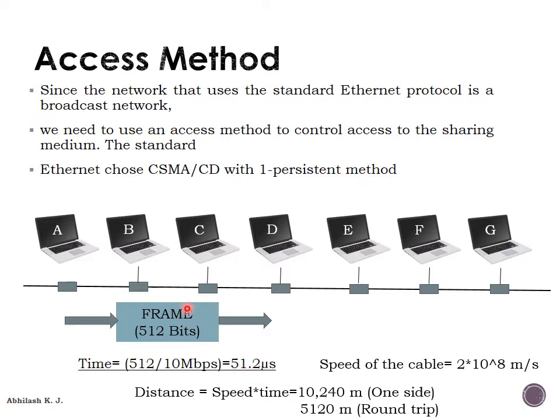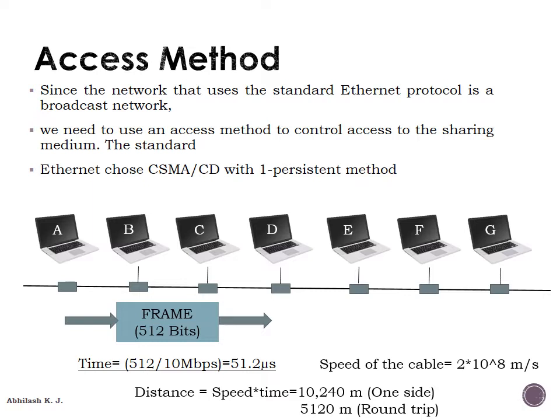For example, if station A has sent a frame, since C has not heard of the first bit of A, if C also starts sending, then the collision will occur. So station A and station C are now involved in the collision. They'll store the frame in their buffers. Now they have to intimate other stations in the network, that is B, D, E, F and G, about the occurrence of the collision. So they send a 48-bit jam signal through the channel to alert the stations about the collision. After sending the jam signal, once again they have to resend the frame.